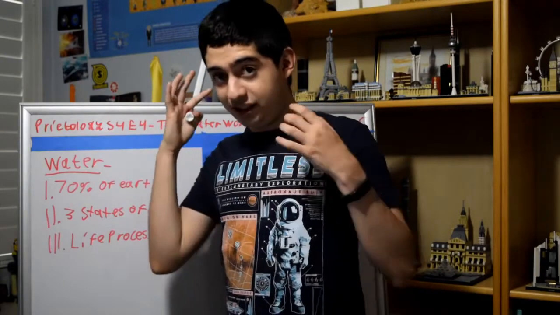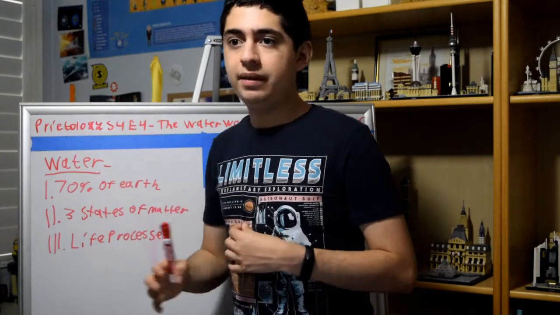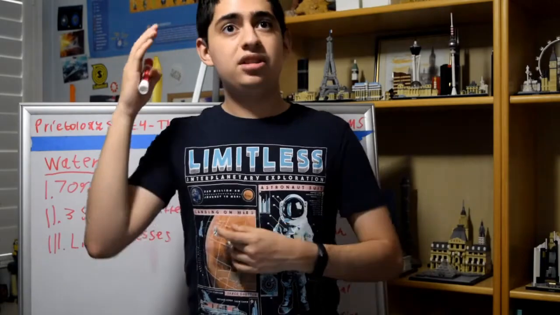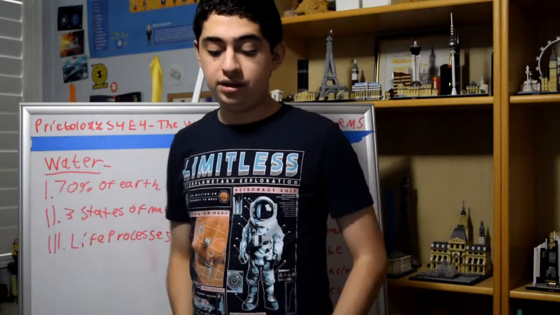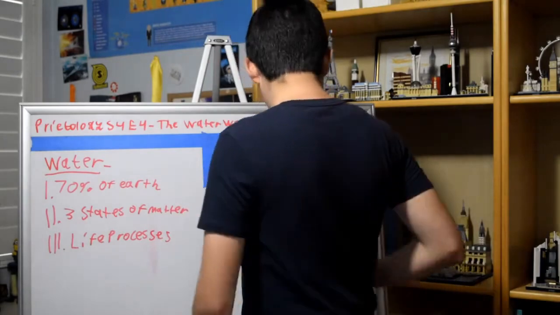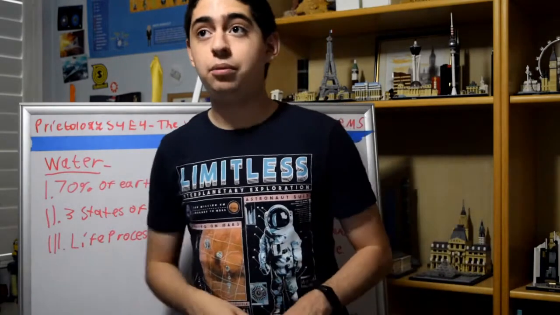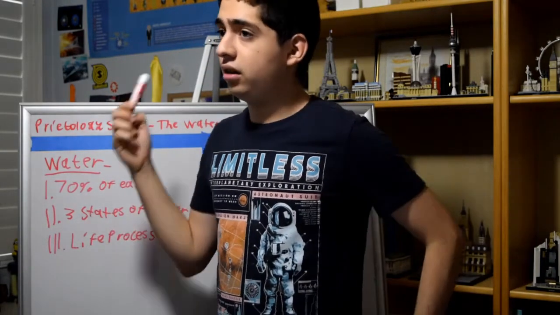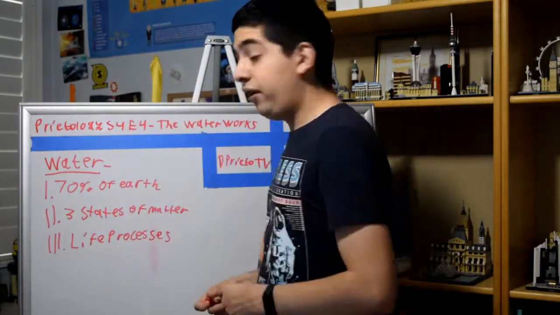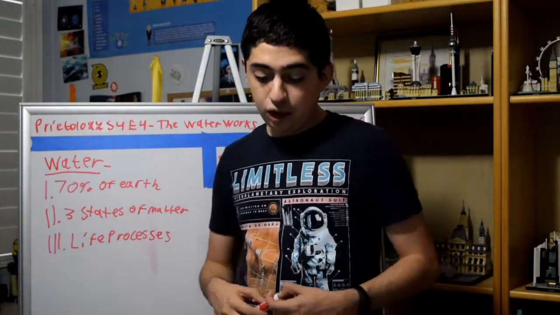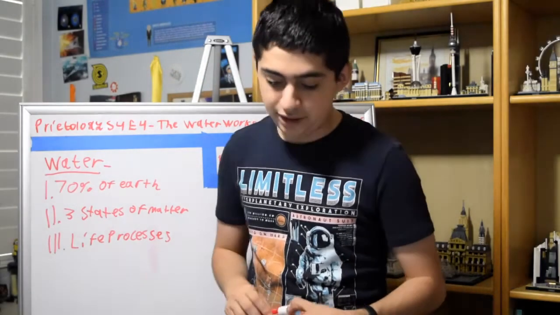70% of the earth is water, and that can be divided into salt water and fresh water. In liquid form, it can make rivers and oceans, and in solid form, it can make glaciers and ice caps. In gas form, we get clouds and winds, clouds and thunderstorms, and basically all the weather that governs our planet. Fun fact about water,